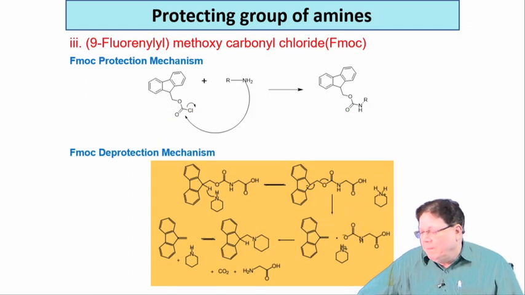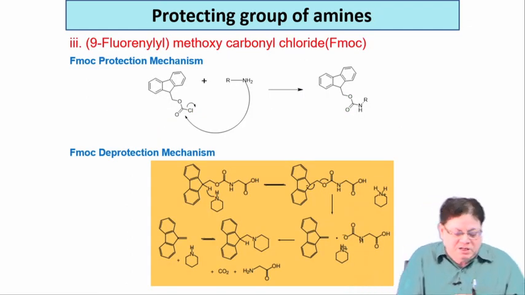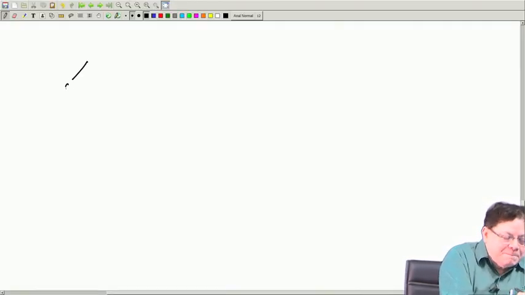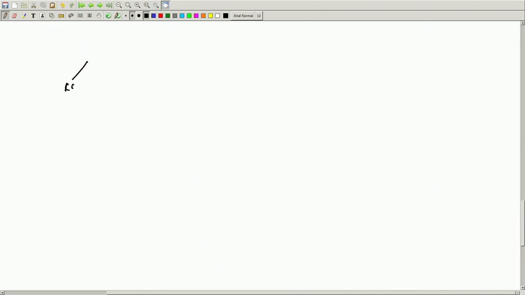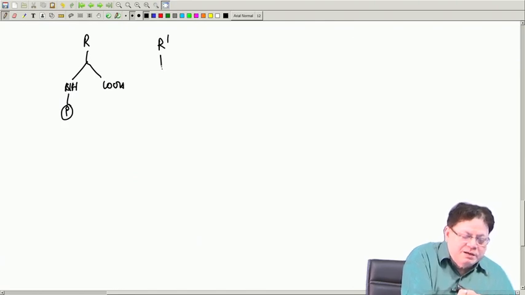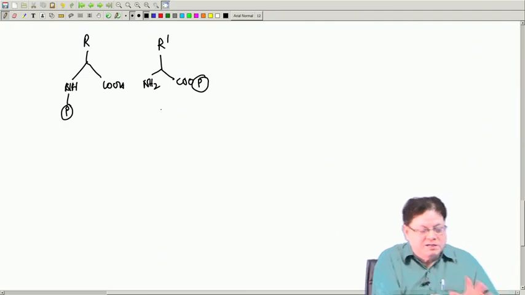Now, let us consider what to do after the protections. Now, your job is, so you have a protection here, this amine NH is protected, and this carboxy is free, and for the other amino acid this amine is free and the carboxy is protected. Okay. Now, what type of protecting group we want to use, that we will discuss later.